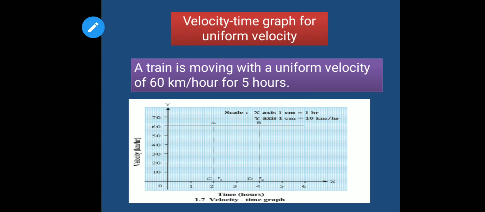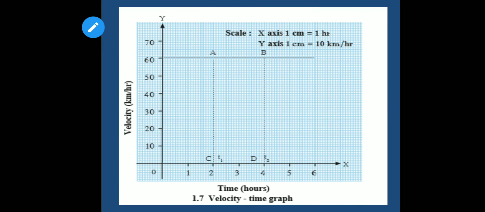So children, let's draw the graph. You will better understand. See, for the first hour velocity is 60 kilometer per hour. For the second, again velocity is 60 kilometer. Again for the third,